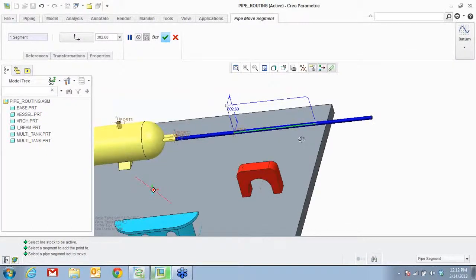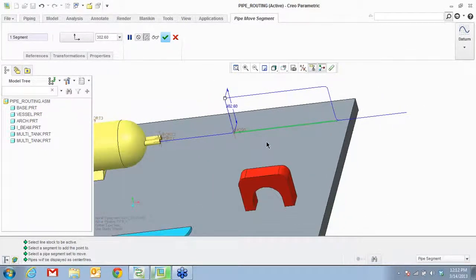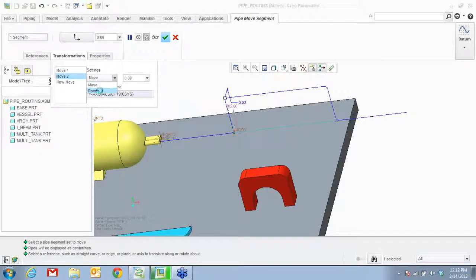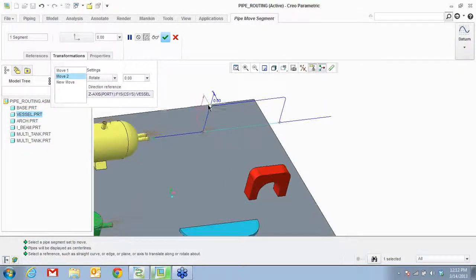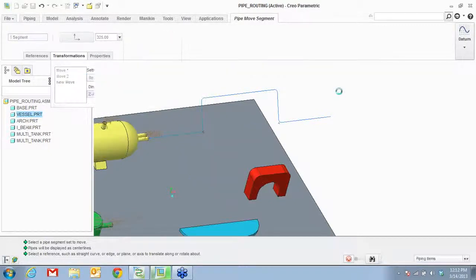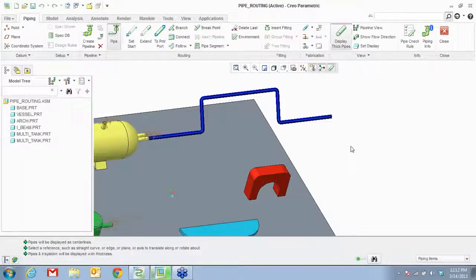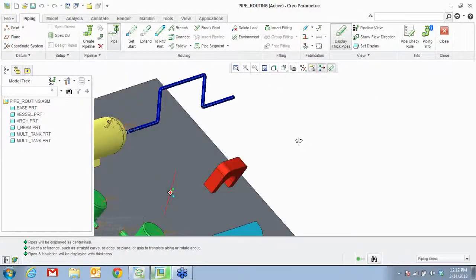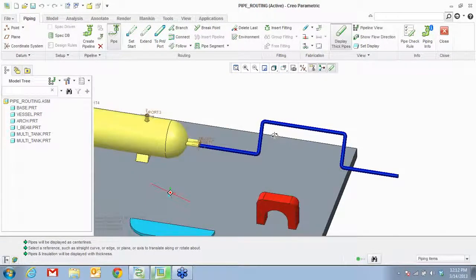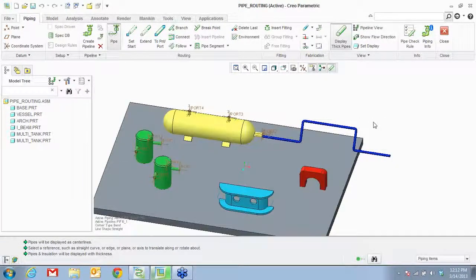You can do that. You can also say new move, rotate about an axis, and you can do that. So this was one other feature that I want to show you about manual piping.